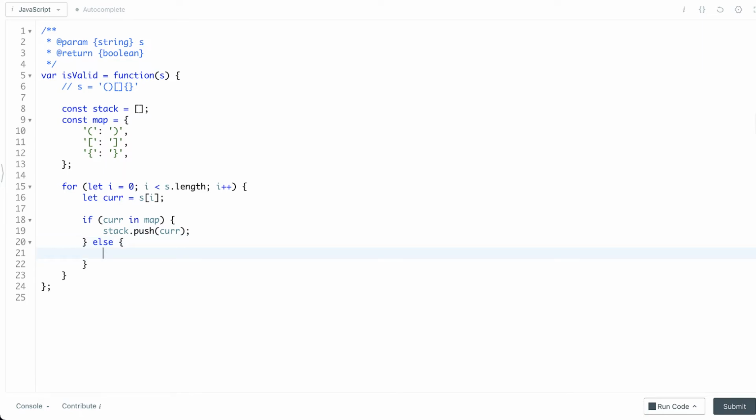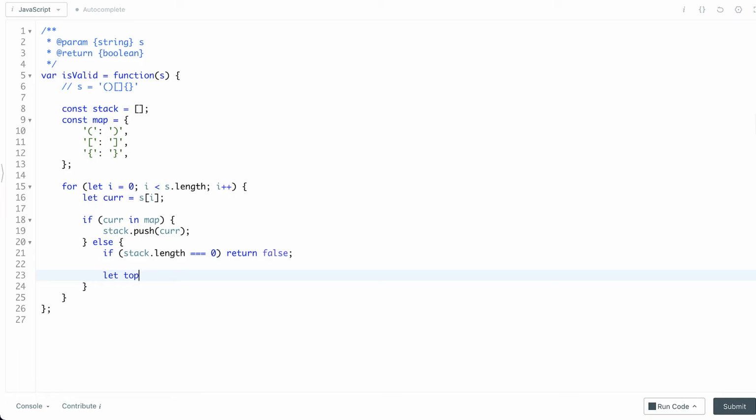So what do we do for the closing bracket? First of all, we can check if our stack is empty already. Let's do it. It's not required here, but I'll explain the difference. So if stack length equals 0, then we'll return false, because we have a closing bracket but nothing in the stack, which is obviously wrong. Otherwise, we'll take the current stack element, or let's say